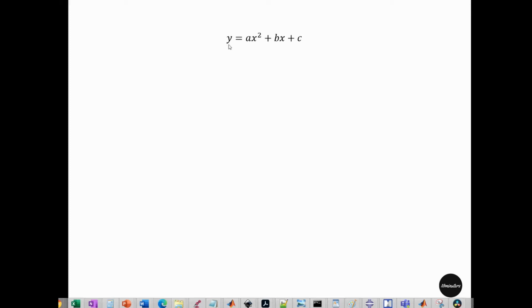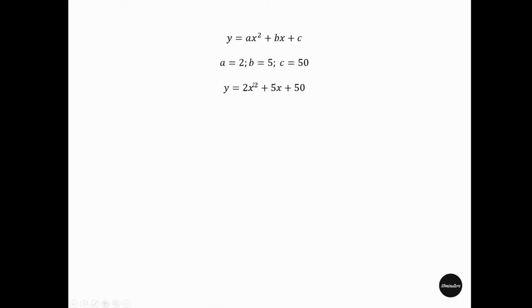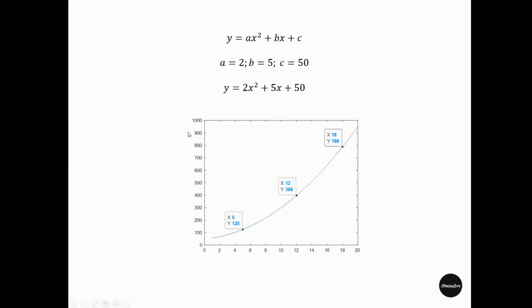Let's say we have this quadratic equation with three coefficients a, b and c. Now if we choose a to be equal to 2, b equal to 5 and c equal to 50, then this quadratic equation becomes this. Now we can plot this equation with x ranging from 1 to 20, and then further we will go ahead